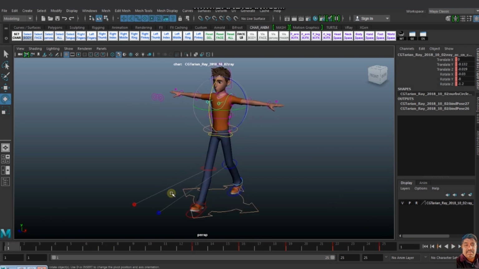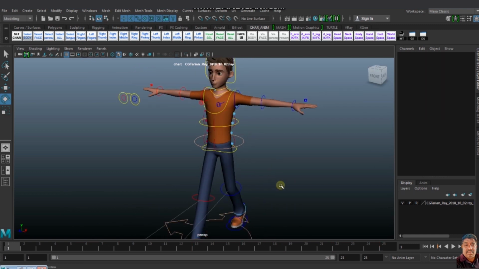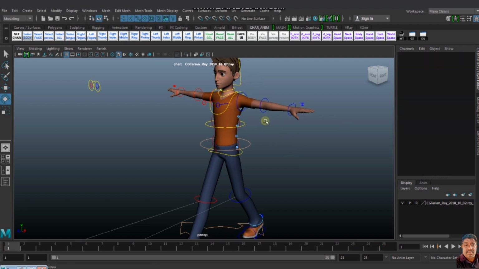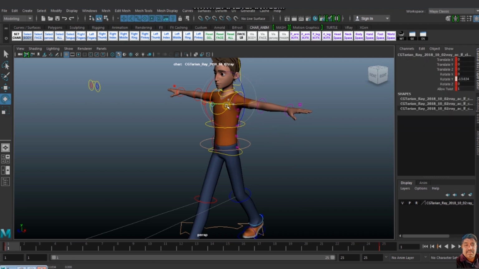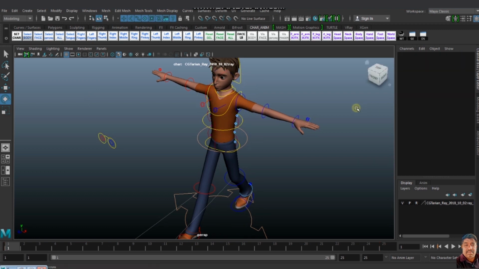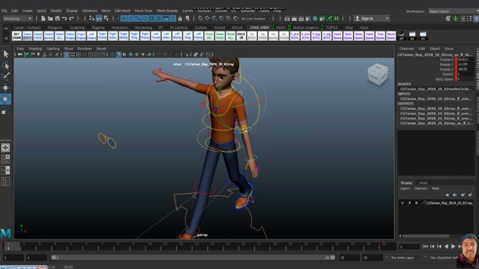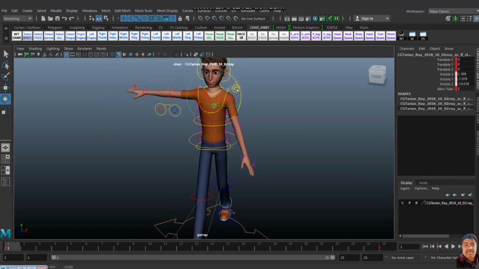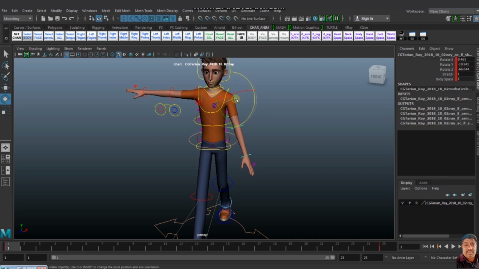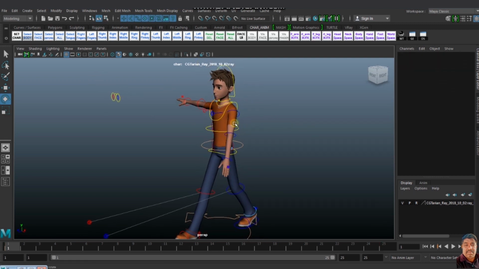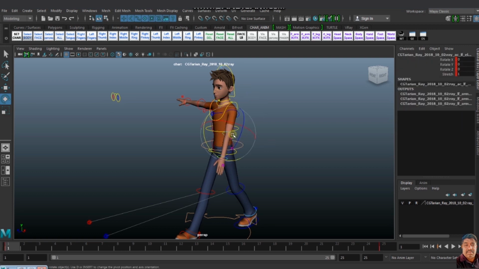Now I am going to the hand. There are four things. One is my collarbone. I make the collarbone animation. Then there is the arm animation, the upper arm, and then the elbow. Now I am doing the elbow.